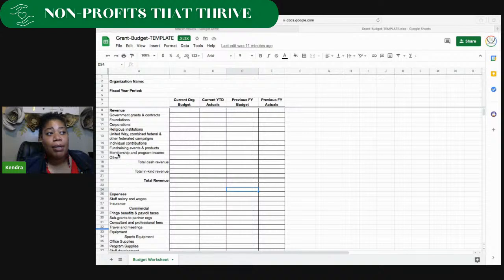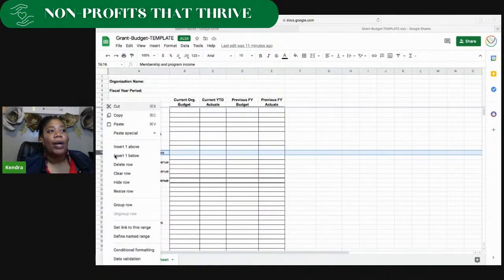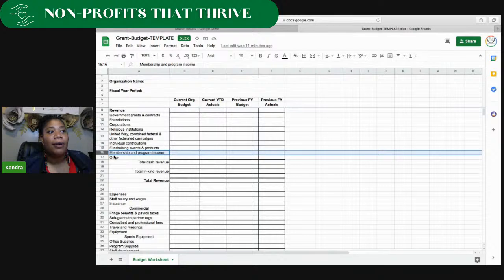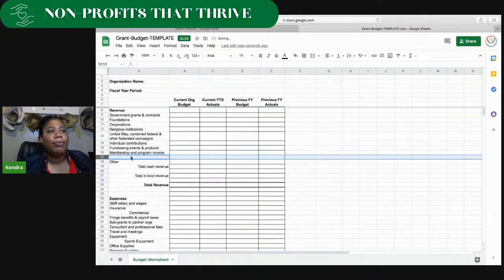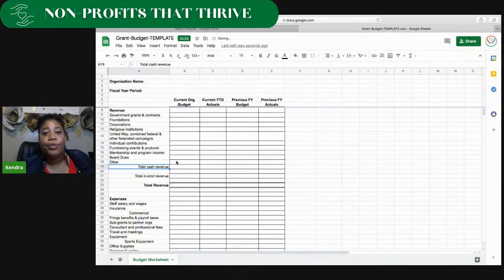If it's going to be membership fees, or is it going to be some type of program fees? Now, one of the things in here that is missing that I always tell my clients to have in their revenue is board dues. Your board members should be contributing some type of way to your organization. So if you don't have board dues in your bylaws for your board members, you're missing out